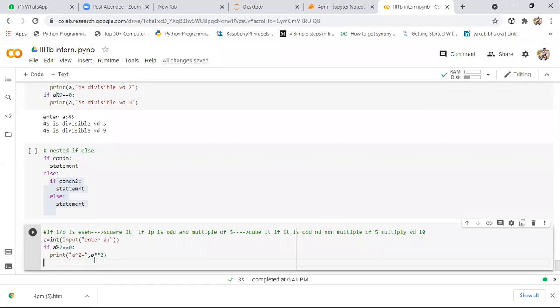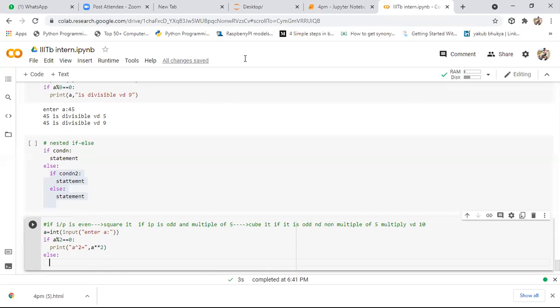After that, elif. Sorry, not elif. Here we need to keep an else condition. In this else condition, I want to check, see here, if you are entering an else block, that is obviously an odd number.